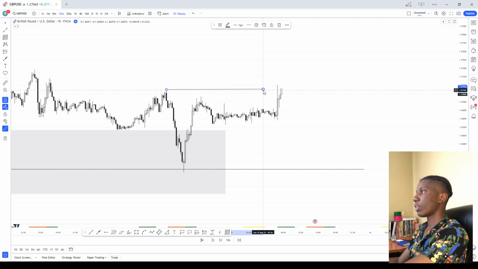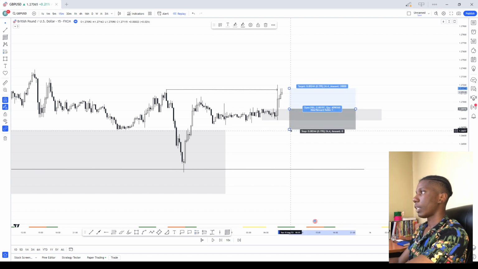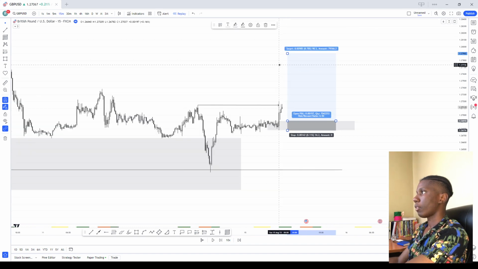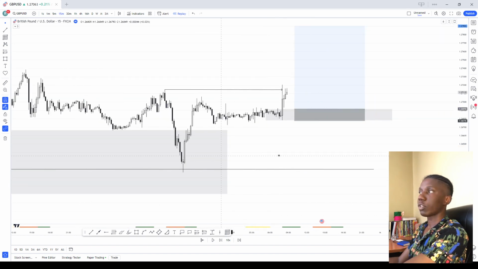Okay, so since we saw that price has taken out that area right here, which is now our change of character, meaning now we would be looking for price to come somewhere here. If you are in my academy, you understand why we would take a trade setup in these regions right here, and then maybe targeting the higher regions. But then we'd see, okay, this is morning hours, 8 o'clock in the morning, seeing price going out like that. That would want us to look for buys right here, in order to maybe target this region right here. Okay, but just for this video purpose,